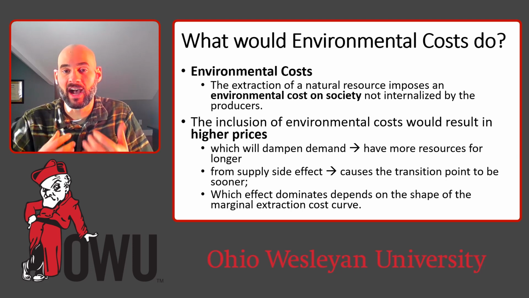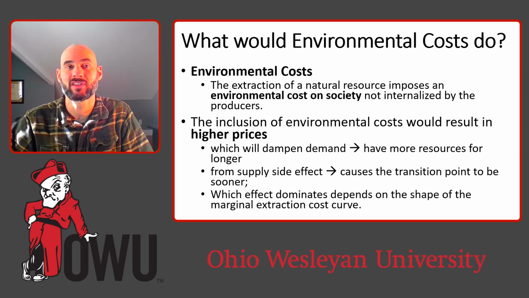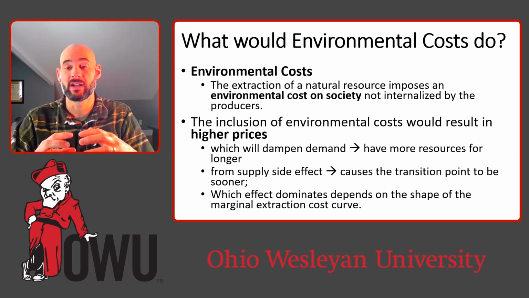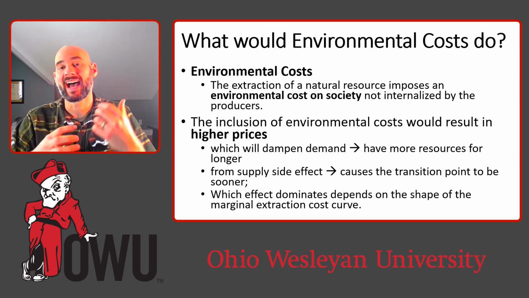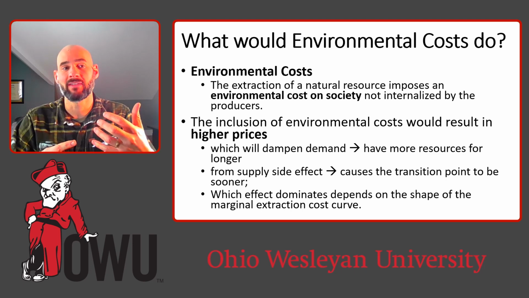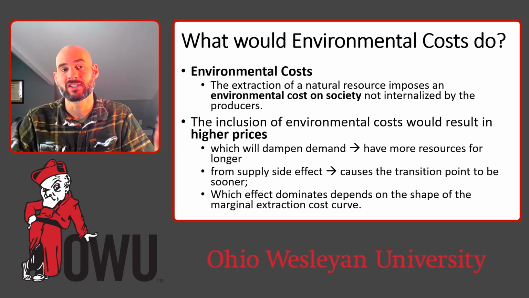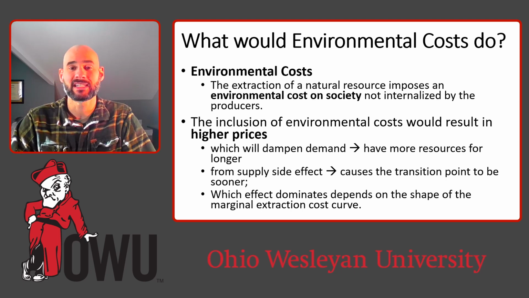So there's a lot of ways in which the transition to a renewable resource or just the optimal extraction rate of a non-renewable resource can be impacted. But hopefully you can see how these are all different from that naive rule of dividing the total amount of that resource by the annual rate of extraction as a way of predicting how long that resource is going to exist. So really that's all I want to discuss for